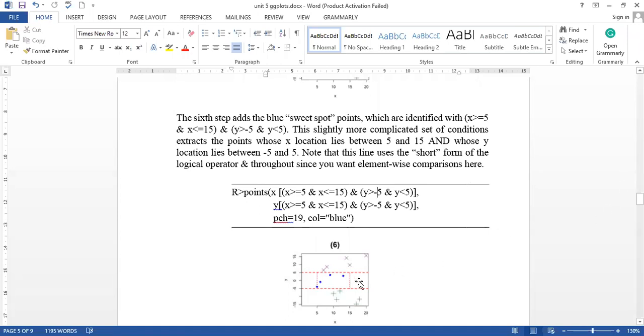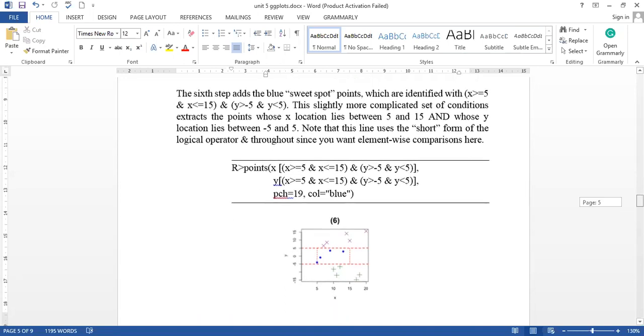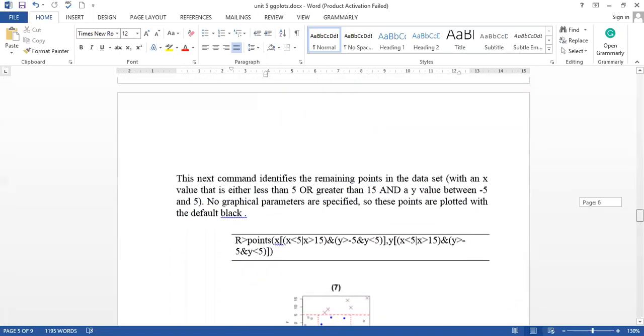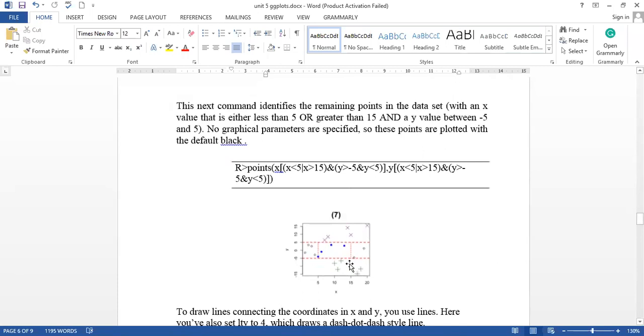The only portions that are remaining are the 2 portions, this right hand portion and this left hand portion. So we have to use further conditions to find out the points in those. To find out the points in these, we have to nest the conditions. Nesting the condition means we have taken the OR operation. The first condition is either x is less than 5 or x is greater than 15. So it will check for this region and only for this region.